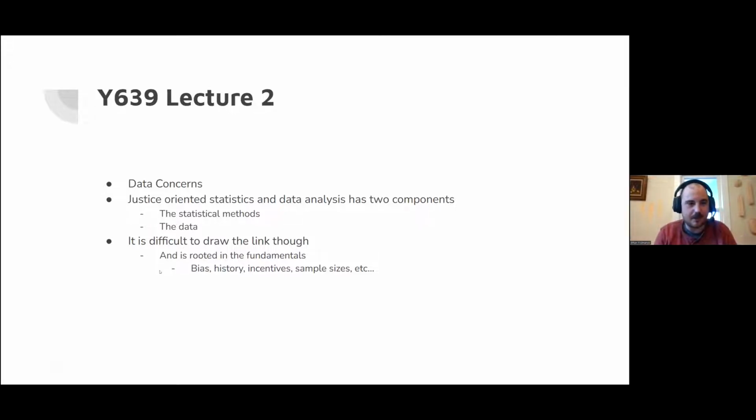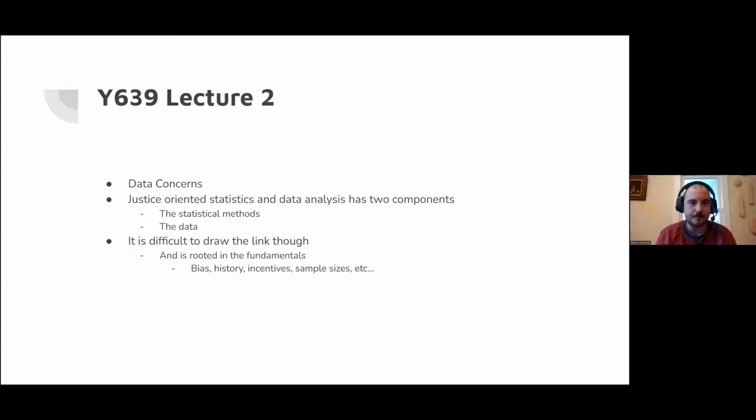I'm the data librarian at IU. I came to the position with a lot of statistical and data focused research experience, so that's the perspective I bring to it. On the project, I helped focus on identifying good data sources in addition to helping with the bibliography. We've been talking a lot about statistics, but when we're talking about justice oriented quantitative methods in general, I think there are two components: the statistical side and the data side. While they're not wholly disconnected, I think it's sometimes useful to think about them separately.